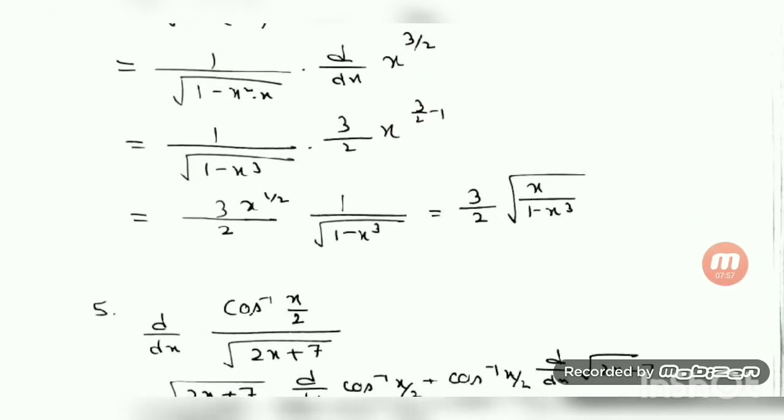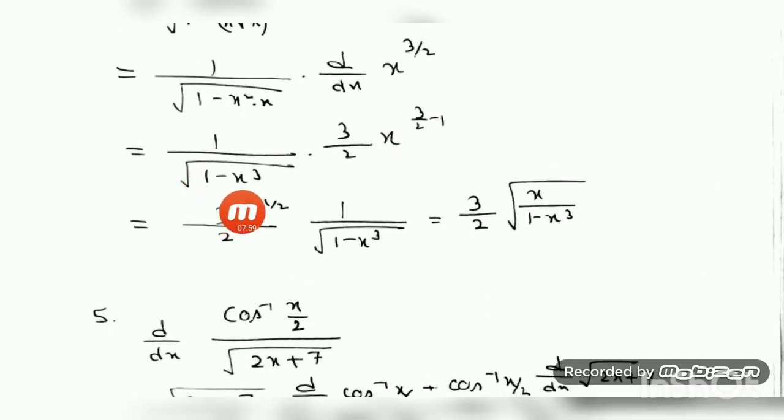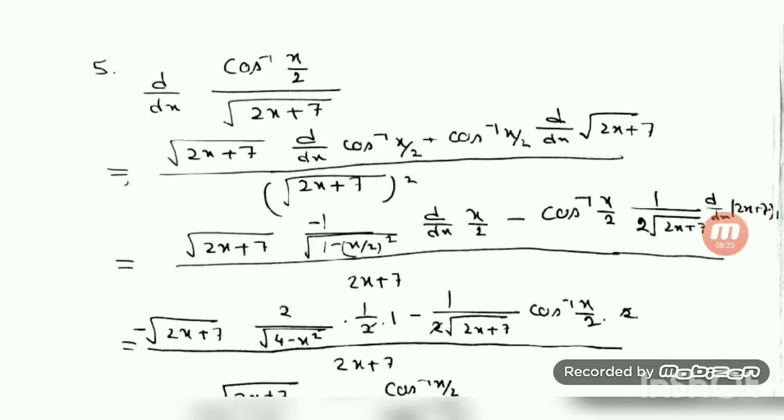Then doing the simplification step we get 1 minus x cube, and 3 by 2 x to the power n minus 1 by the n formula. So which is equal to 3 by 2 will come out, x to the power half will be there, and under root of 1 minus x cube. We can stop here, or I have written one more step, that is what? 3 by 2 half means also root over, so 3 by 2 under root x by 1 minus x cube. This is the answer. Next question.